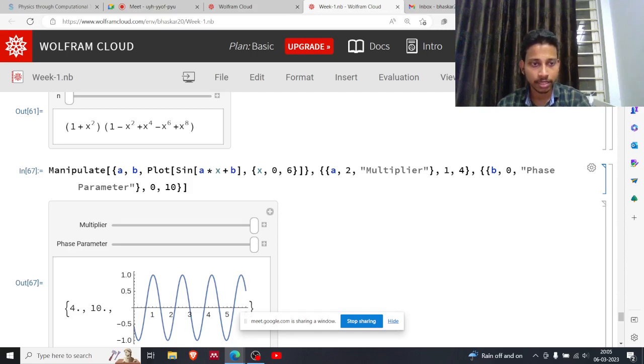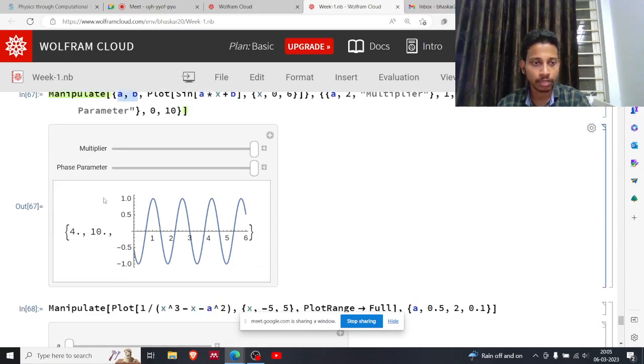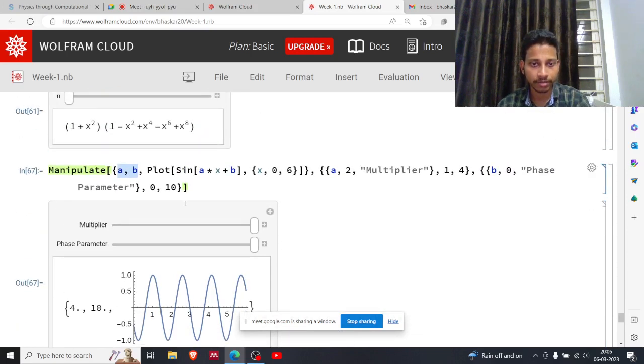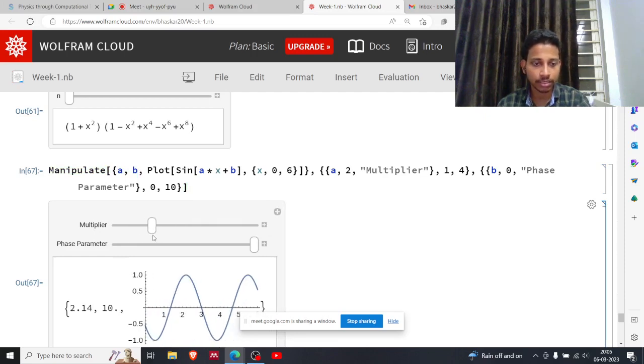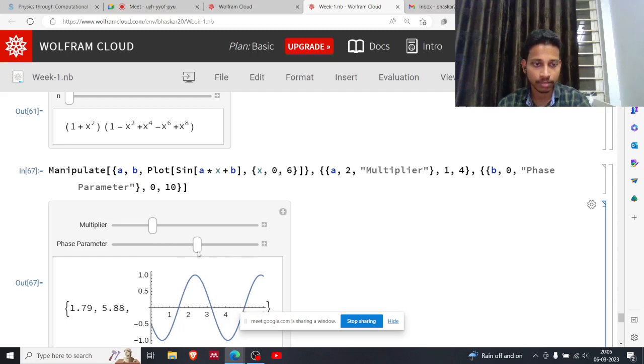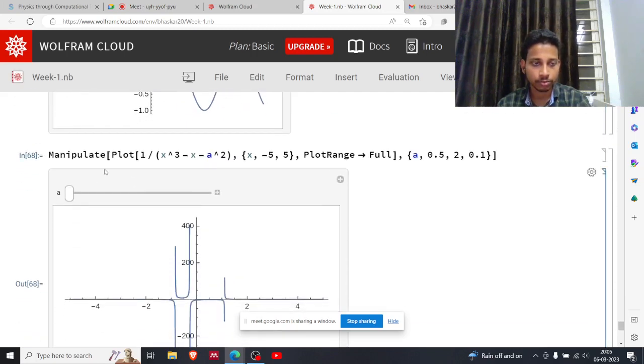Now in this particular line 67, we have used a and b to show the value of these parameters a and b. So here we can change the multiplier and we can see that the value of a is changing, and so the curve is changing. Also the same for the phase parameter, but here we will show the value of a in a different style, that will be using the